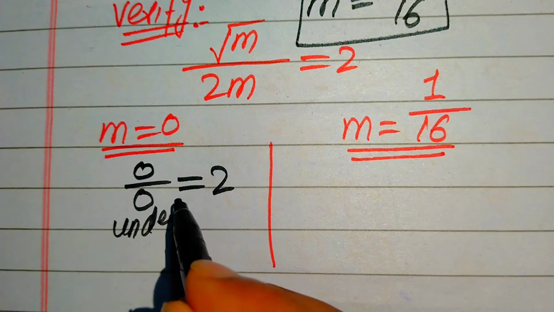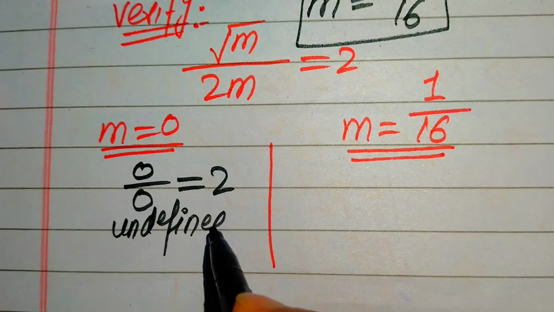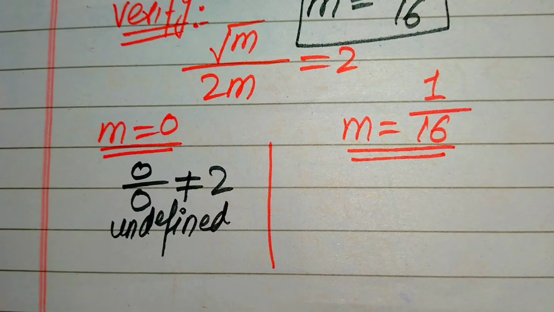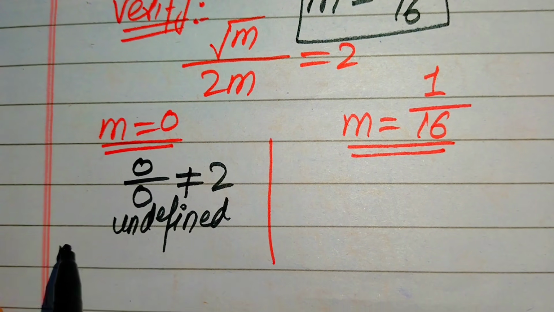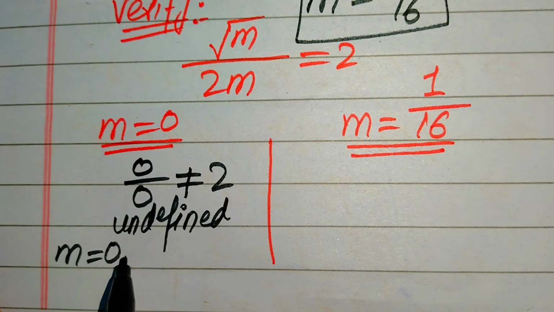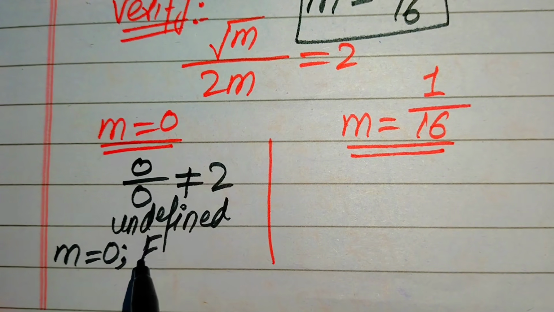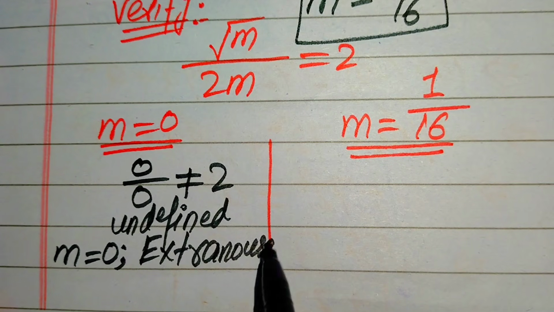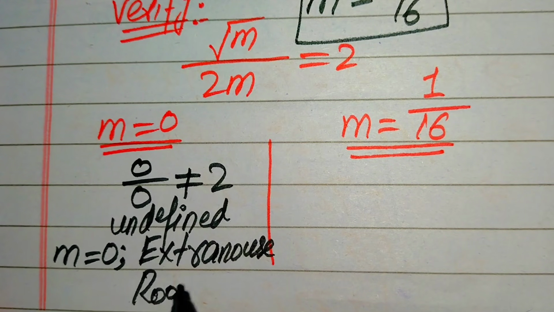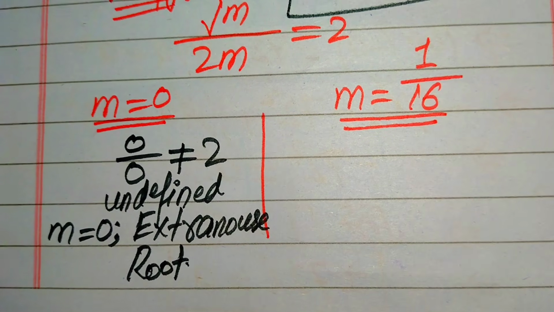So if our left hand side is undefined, this means that both of the sides are not equal. And if both of the sides are not equal, this concludes that the value m equals 0 does not satisfy our given question statement, and we call m equals 0 the extraneous root of the given equation. So in the same pattern, we need to verify the second value of m,